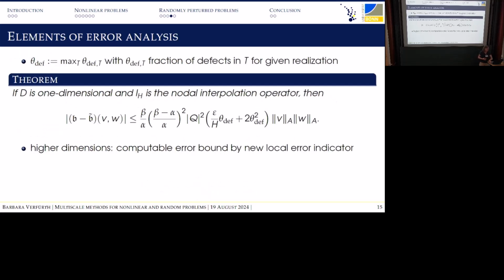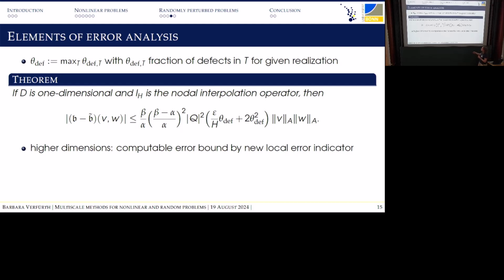And this is part of the error analysis that we've done. I can write down a rather explicit result for the one-dimensional case. We also have a result for the higher dimensional case. I will comment on that in a moment. In the one-dimensional case, I can bound the consistency error, so the error between the stiffness matrix I would need to use in theory and the one that I in fact use in practice with my offline-online strategy